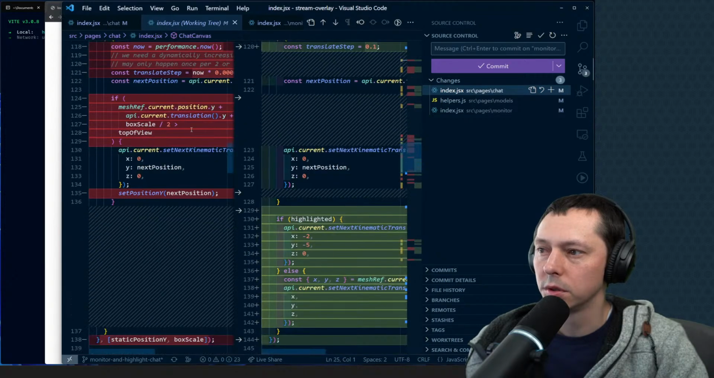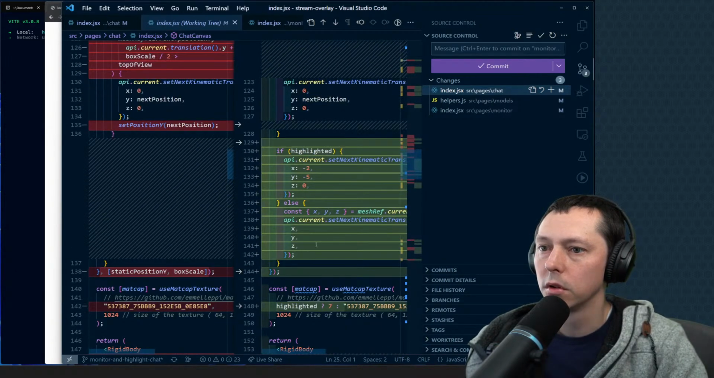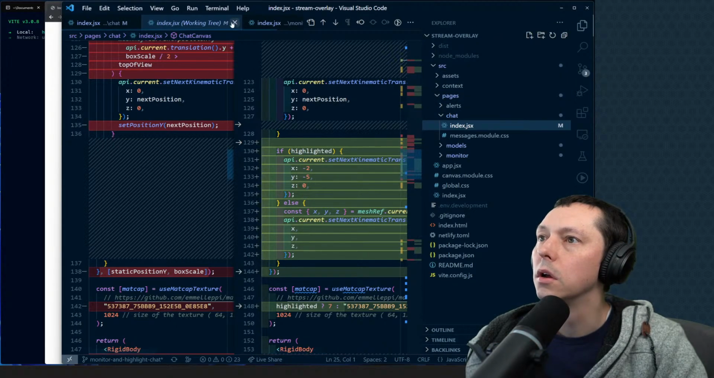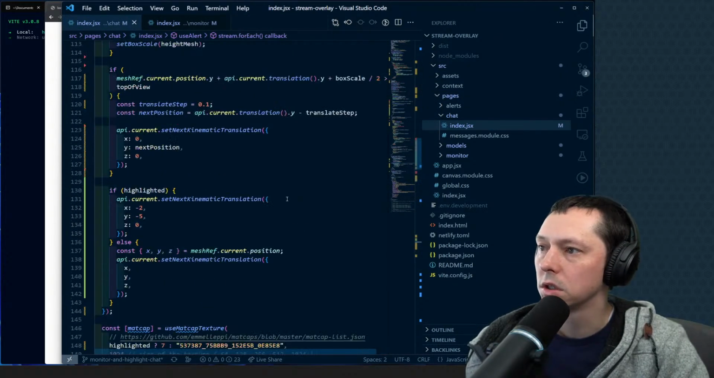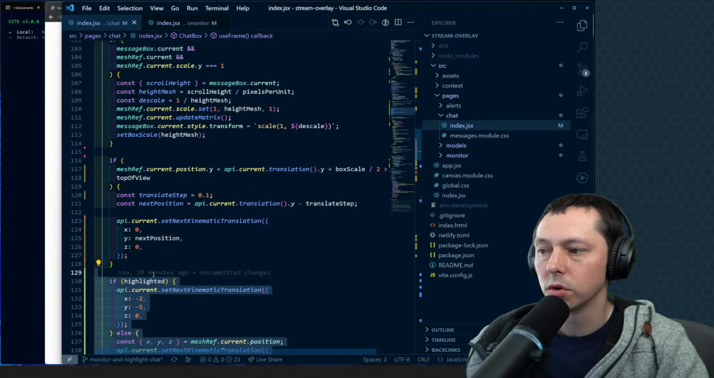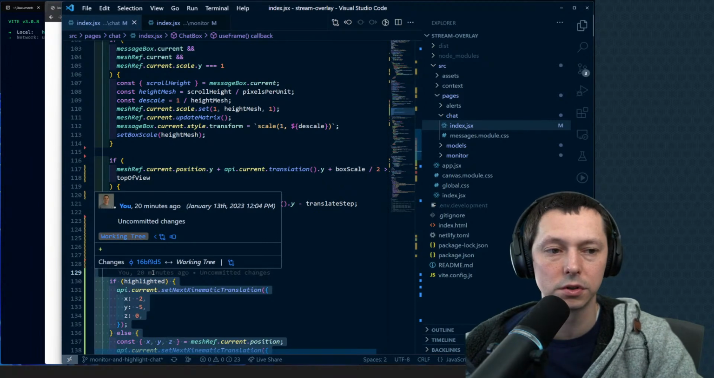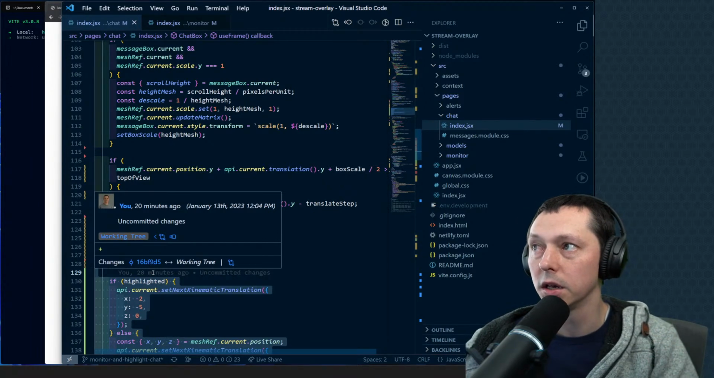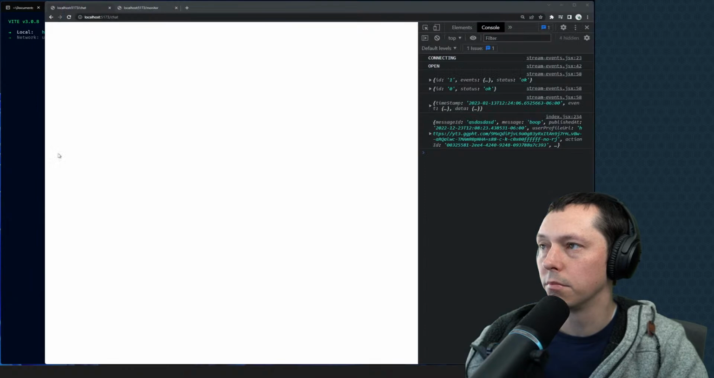So it's probably something in here that we need to play around with. We're setting the translations, the next kinematic translation here, but that's only if it's highlighted. So that was sort of our first spike of if we highlight a message via this monitor tab,